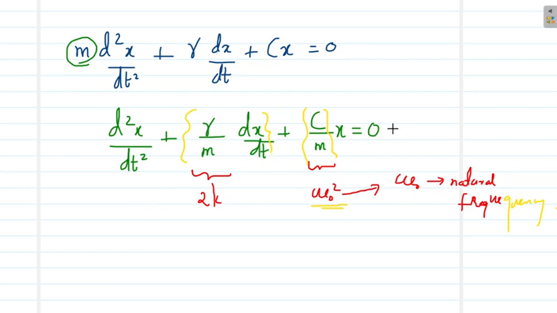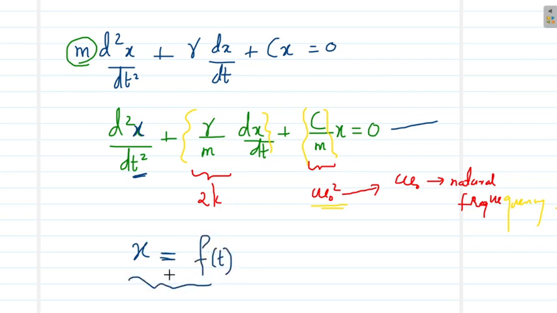Now what we require to do is to solve this differential equation and find a solution in terms of x, which will give an implication about the motion of the system. So x means the position of the system, and this equation of x will actually indicate how the system will move when time changes. So that is what we are going to do. This is a differential equation. x is the function here. Differentiation is with respect to t. So what we will get is x as a function of t.